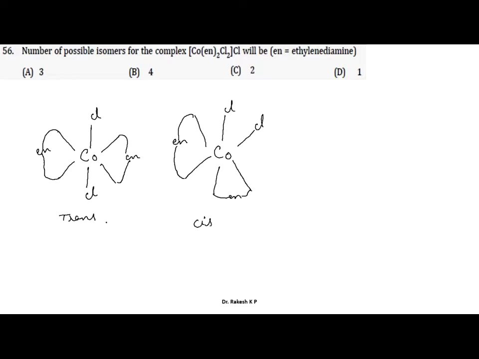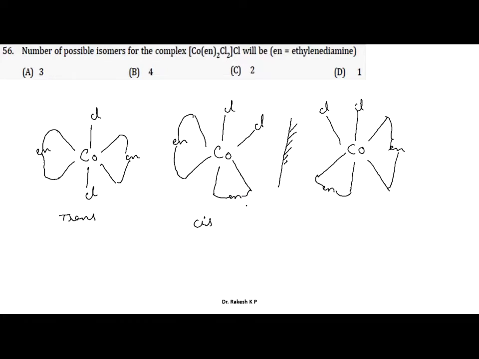Okay, between the trans and the cis, only the cis isomer shows the optical isomers. Just go to this one. If you take the mirror images of this one, so here I'm going to indicate the particular structure here. See this one. If you take the mirror images, we are going to get it like this, and this will be the en, and again here also you have the en.